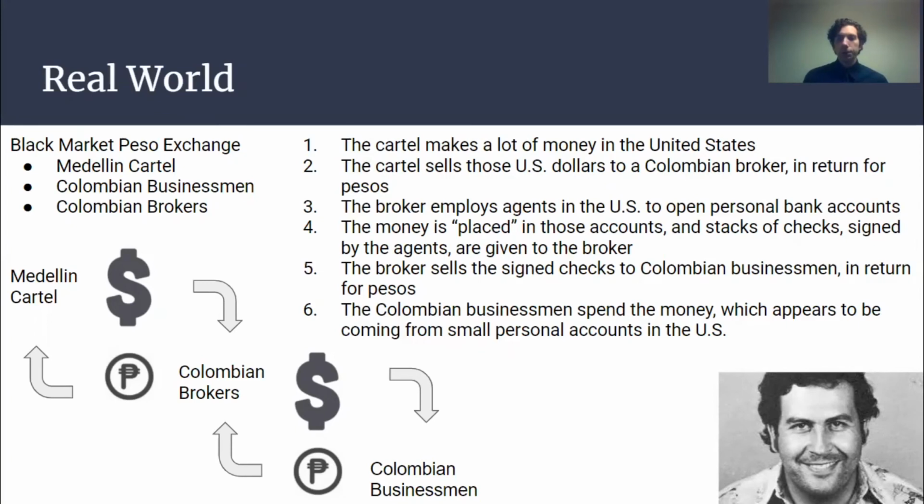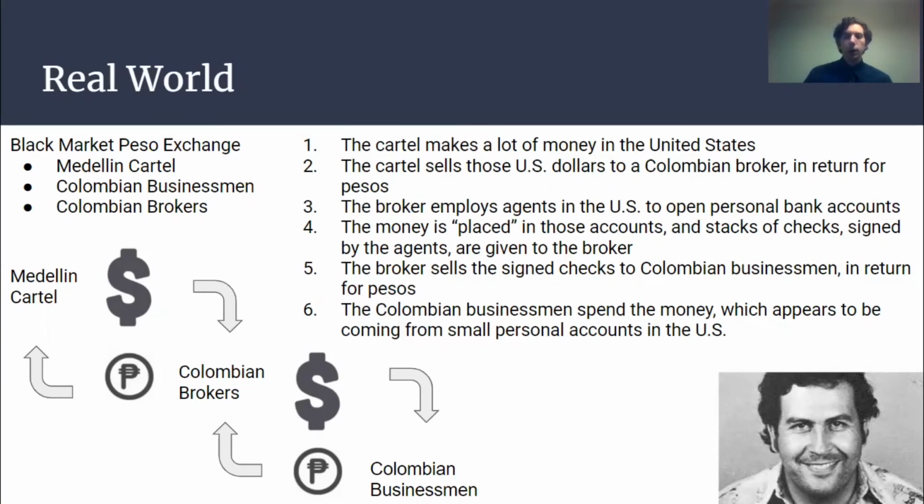avoid detection. So once this money is placed in those accounts, the agents will sign a whole bunch of checks and they will mail them back to the Colombian brokers. So now the Colombian brokers have a whole bunch of blank checks, which they sell to the Colombian businessmen. So the businessmen have signed checks from random US bank accounts that they can now spend on pretty much anything